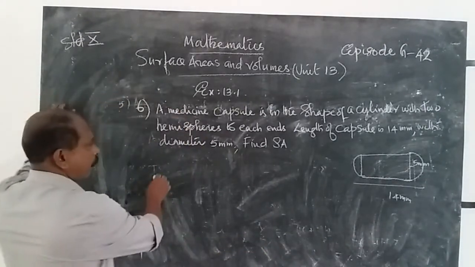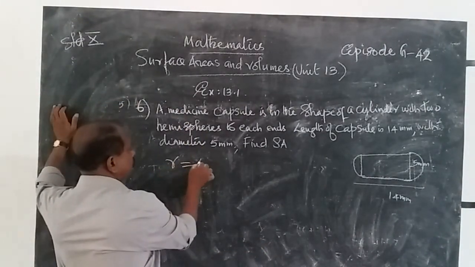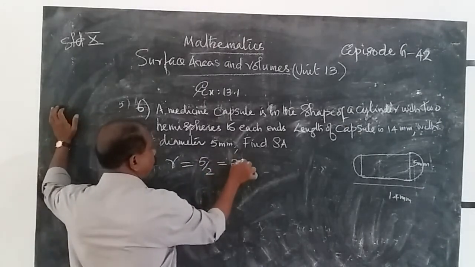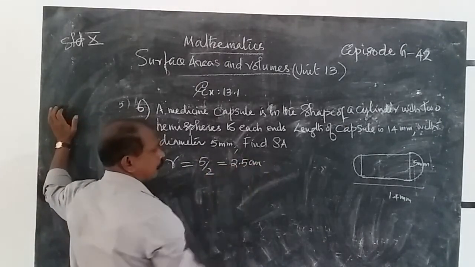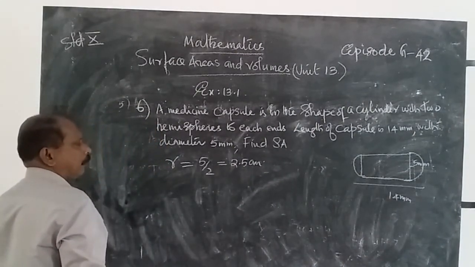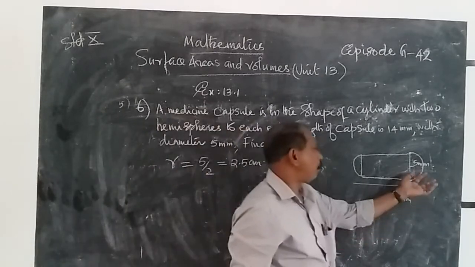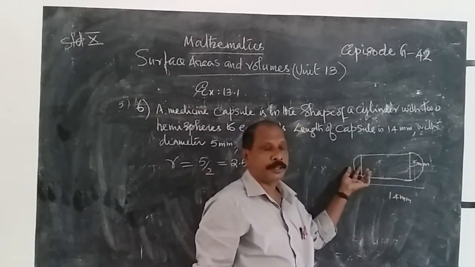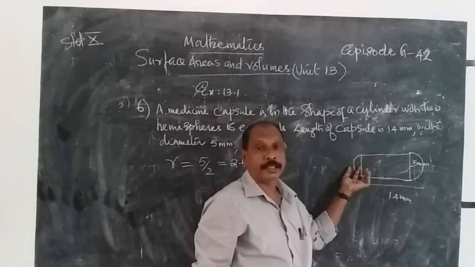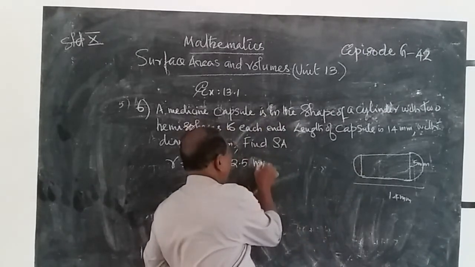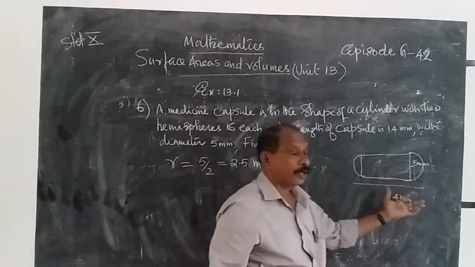Therefore, r is equal to 5 by 2 is equal to 2.5 millimeter. And we know that there is 2.5 millimeter on the right and 2.5 millimeter on the left. Adding these two, we get 5 millimeter. Therefore, height is equal to 14 minus 5,